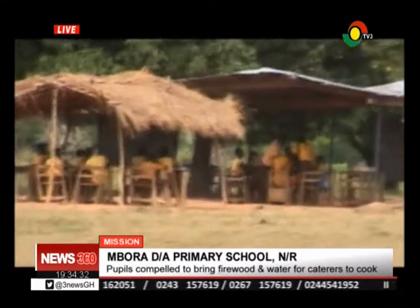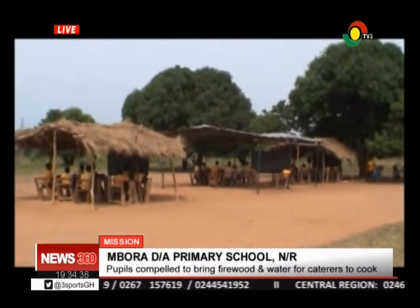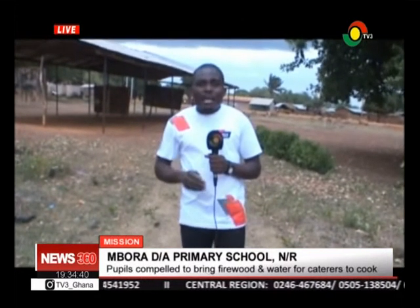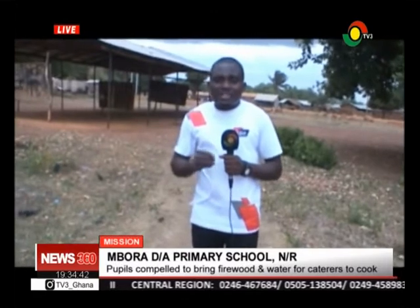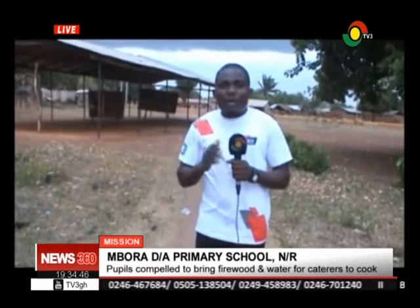Classes are controlled by the weather as students are accommodated under a thatched shelter. South Africa's late president, Nelson Mandela, once said that education is the right tool to change the world. If indeed education is the right tool to change the Mbora community, then stakeholders must prioritize committing resources to address the plight of the Mbora school. Stanley Nibleu,